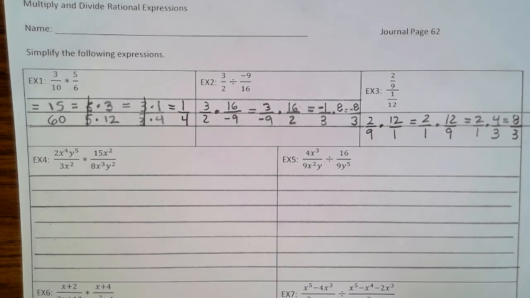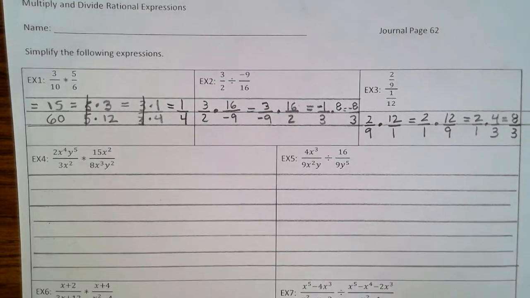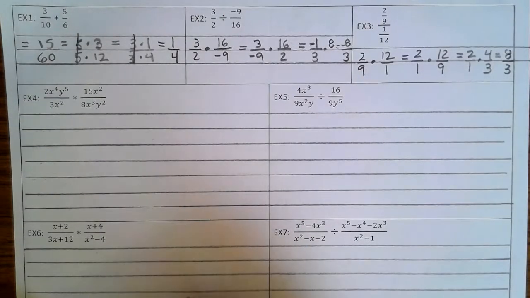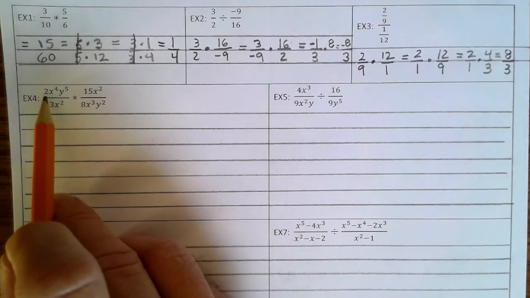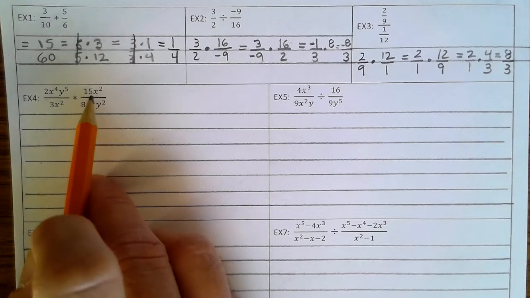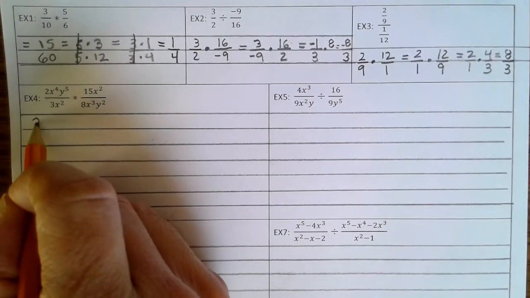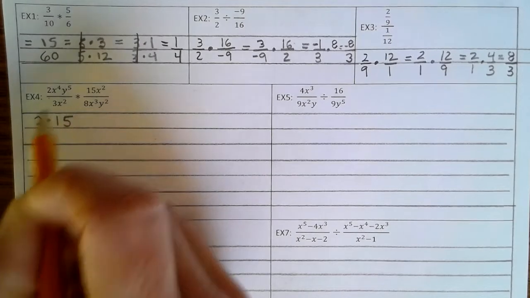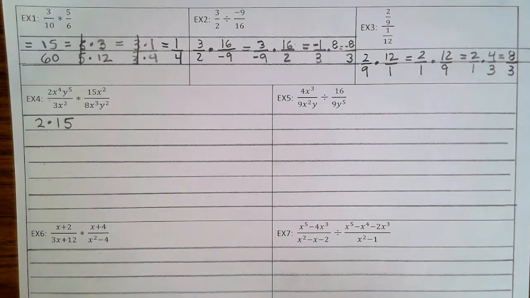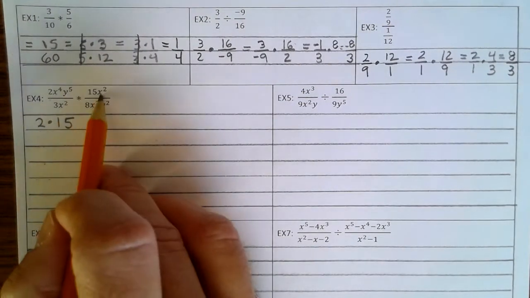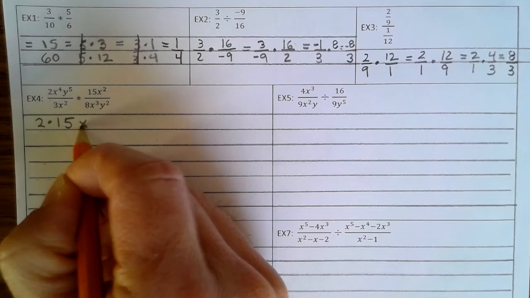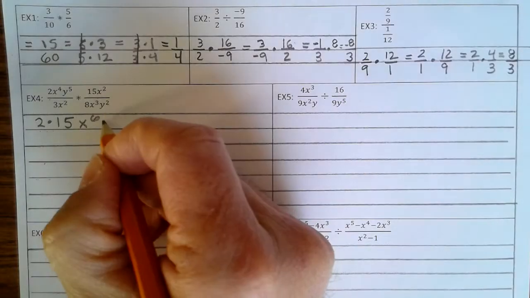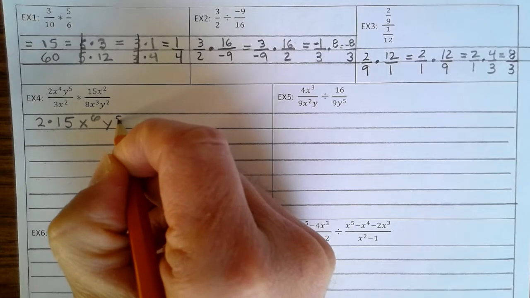All right, let's take a look at example 4. Okay, so now your first instinct is you'd want to multiply 2 times 15. But I would argue let's do this. 2 times 15, let's just leave it like that, okay? Now, when you multiply exponents, you add them. So you have 4x's here, 2x's here, that's x to the 6th, okay? And then y to the 5th, divided by,